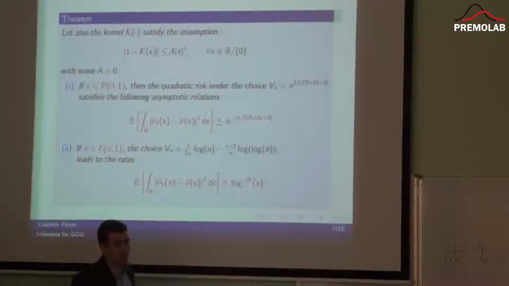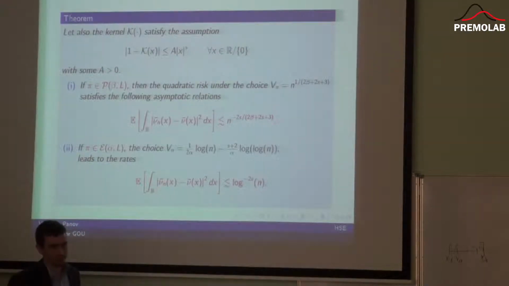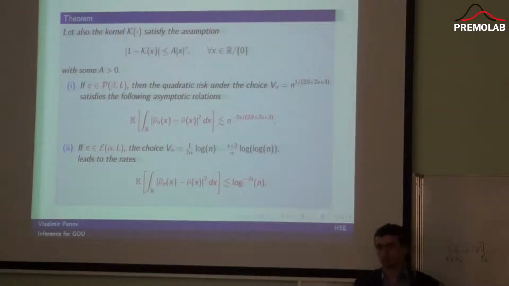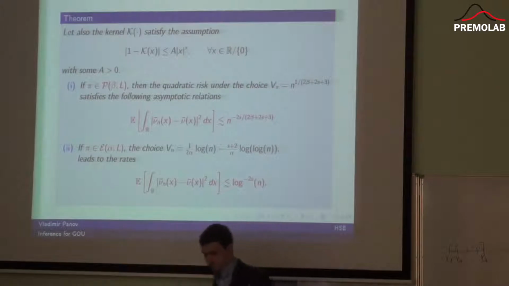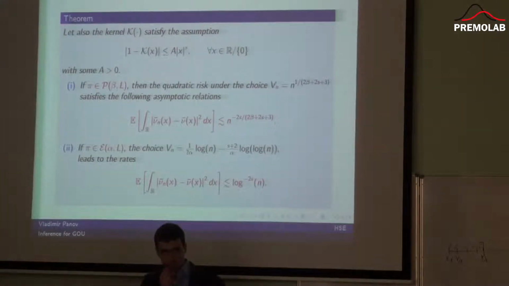Typically if you go from L2 to sup norm, then you have a log. Here the logarithm is maybe because of a little bit rough estimate in the case of dependent data. This result was general for dependent data, alpha mixing. But if you have independent data, you don't have this logarithm. If you have dependent data, then maybe the estimate is a little bit rough, and maybe another inequality should be used, not this Davydov inequality. You are sure that there is a log, or you have no log? No, I'm sure that there should not be a log.